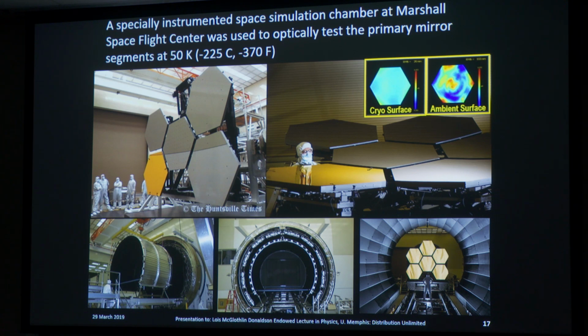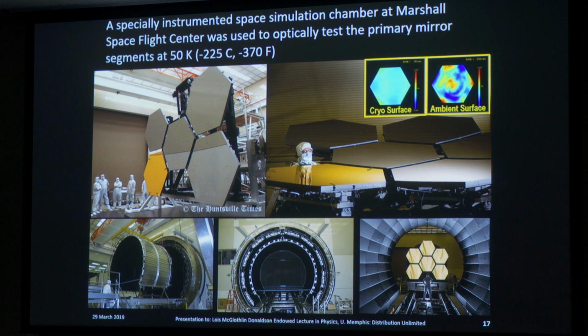Now, if you're paying attention, we said we're going to operate the telescope at -400 Fahrenheit. Now we have to polish these mirrors. How do we polish mirrors? We rub on them with gritty stuff until they get smooth and shiny enough. Well, that's a room temperature operation. So if we're going to polish the mirror at room temperature and then use it at -400 Fahrenheit, it means that we have to put the wrong shape in at room temperature so that we get the right shape at the operating temperature. This is done through the magic of computer modeling, but computer modeling isn't perfect.